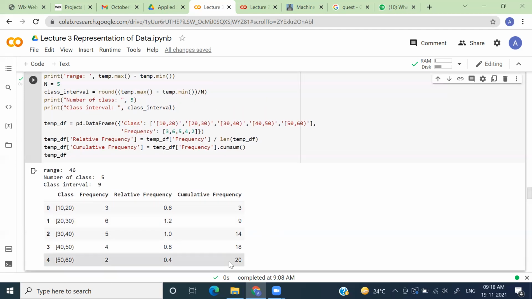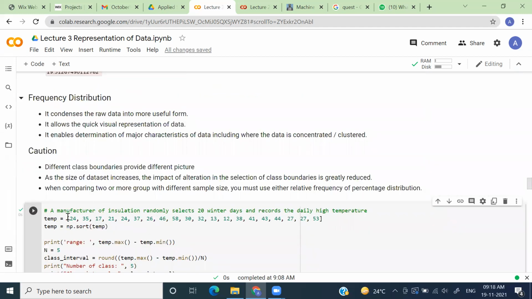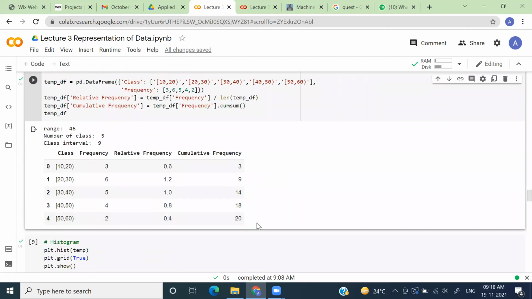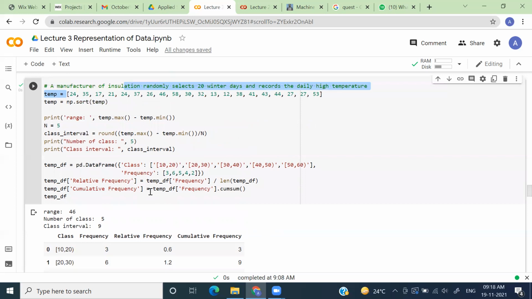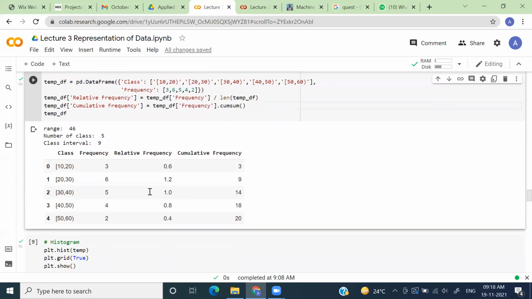So this way you have summarized this big chunk of data into a frequency table, which is a bit easier to comprehend. I'm not very fond of this frequency table because I feel a visual way of representing data is always better. But this is one of the common techniques you'll see most people doing. Is it clear? Yes, Ashutosh. All right. Clear to everyone?